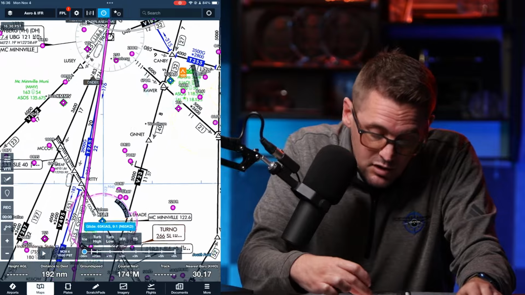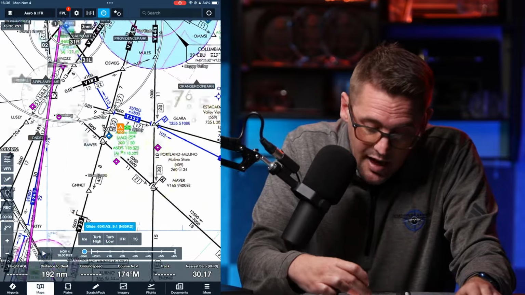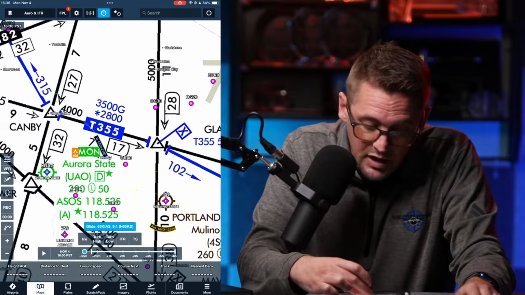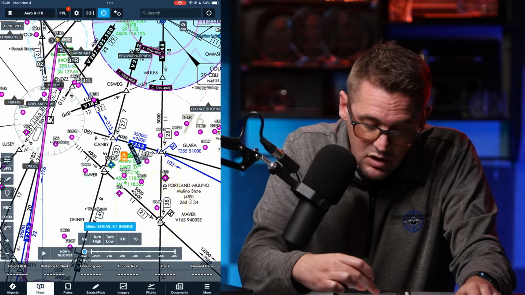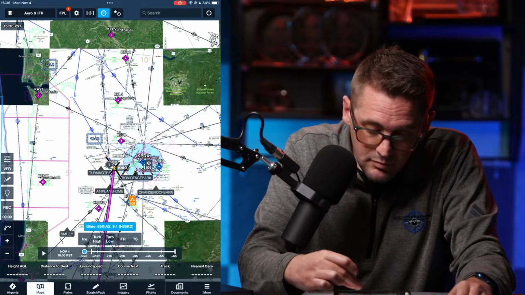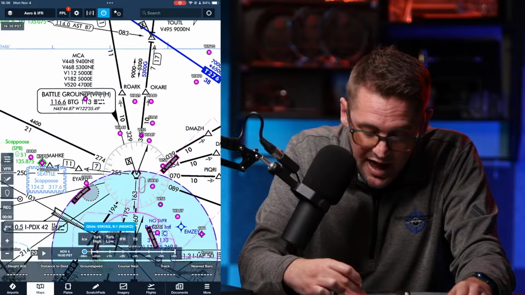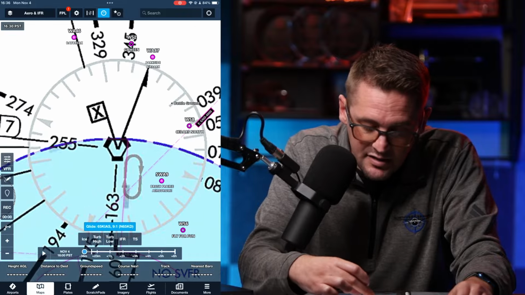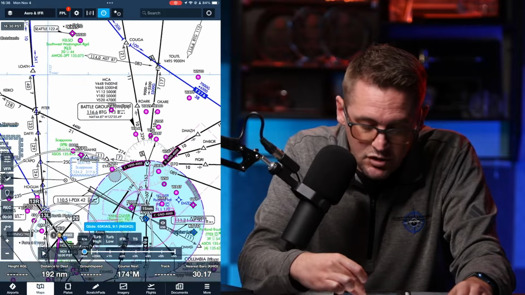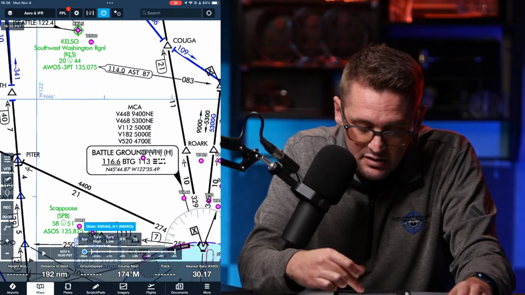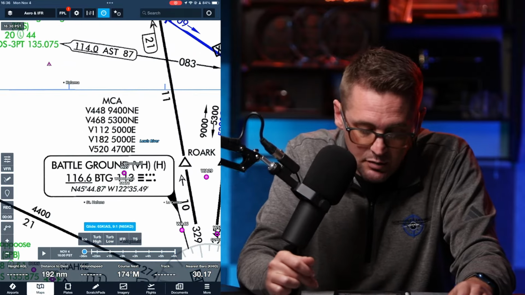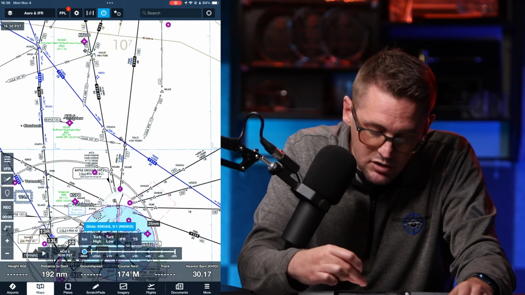All right. So you want to know that the Tango Airways are the blue airways that we see, and the Victor Airways are the black ones. Of course, you want to know all these little flags. We got this flag with an X. That's a minimum crossing altitude. And then we can see what is listed as your minimum crossing altitudes up here. You want to know